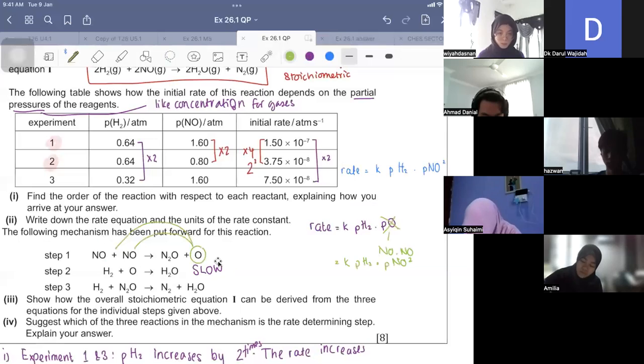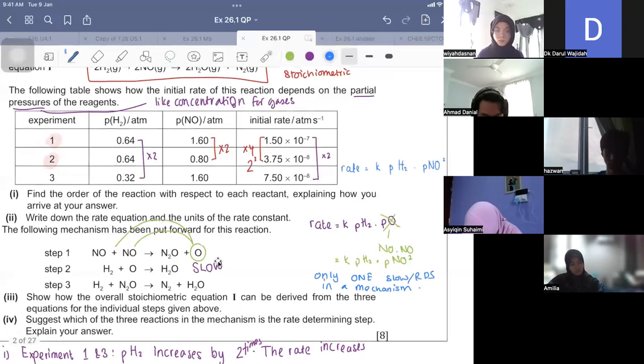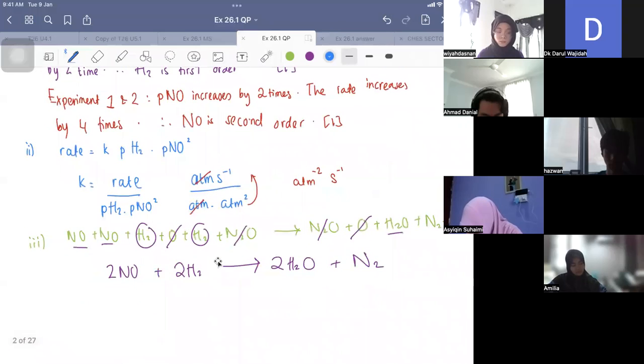You cannot say step 1 and step 2, because the slow step is usually only 1 out of 3, or 1 out of 4, or 1 out of 2. No matter how many steps your mechanism has, there can only be one rate determining step. Only one slow RDS in a mechanism. So how do we explain this? So we will say: